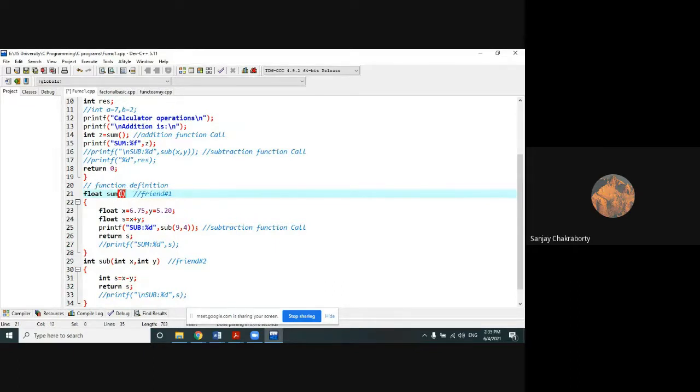We don't have any arguments, so obviously there is nothing to catch or receive here. Here I have separately defined the x and y variables as local variables of this sub function sum, and you can easily do this summation here and perform the return. The simple thing.